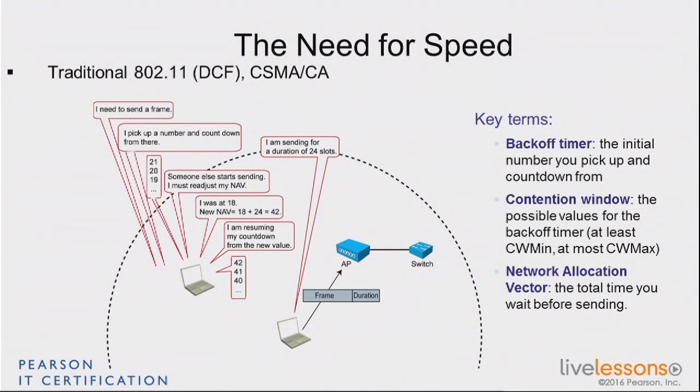Then what you do is that you don't want to send immediately, actually, because if everybody does the same, then everybody's going to wait a DIFS and send at the same time, and you have collisions. So that doesn't work. So what you're going to do is pick a random number in a scale, and we'll come back to that scale in a minute. You're going to pick a random number in a certain range of numbers, pick that number, and count down from that number. And you wait. And you count down, of course, at the speed of a slot, right? And you wait that extra count before you decide to send.